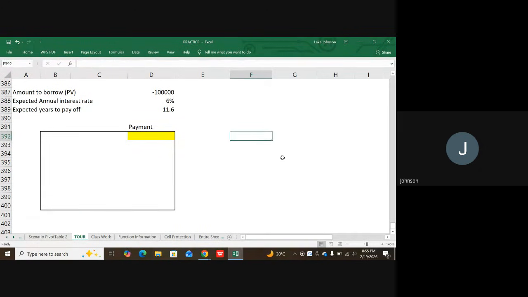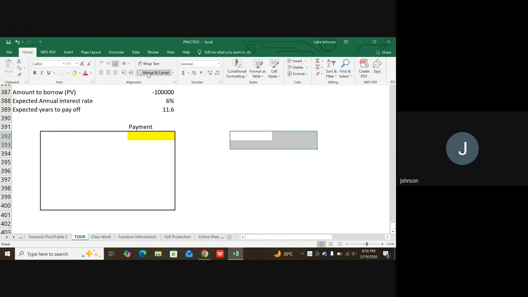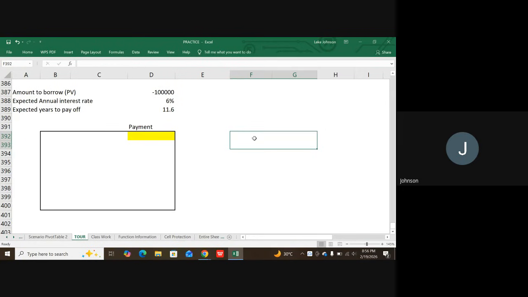Let me use, okay, so let me do something like this. Possible. Okay, so this is going to be possible here. So let me merge it, merge and center. Right, so here I'm going to have possible